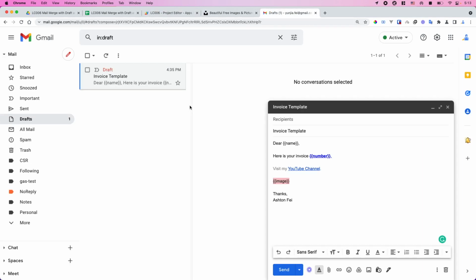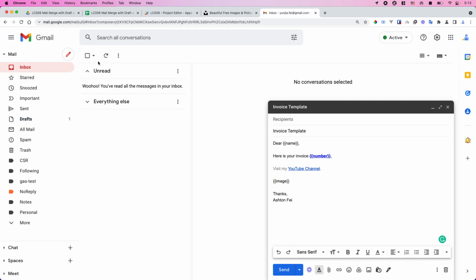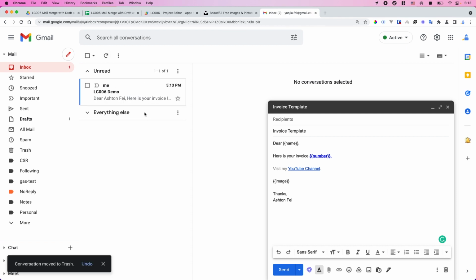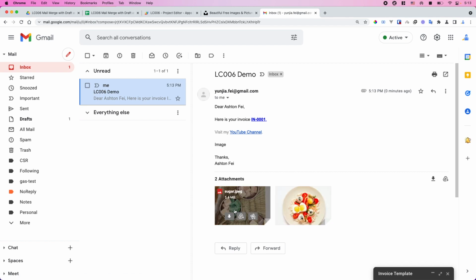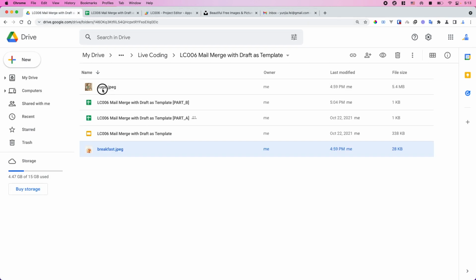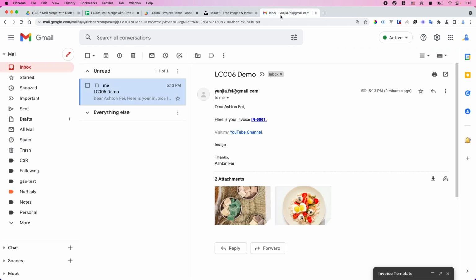So if I check my inbox, let's try to reload the page. Okay, so this is the email we just received, and as you can see here, we have two attachments, two images, which is exactly the same as on my drive, right? So this is the way to handle this